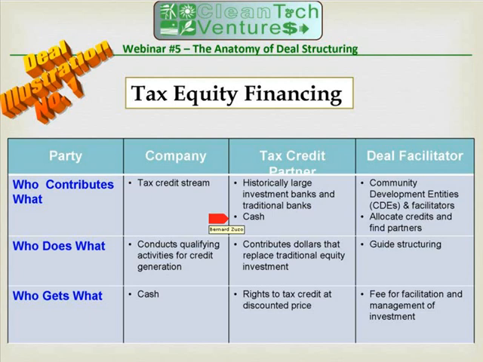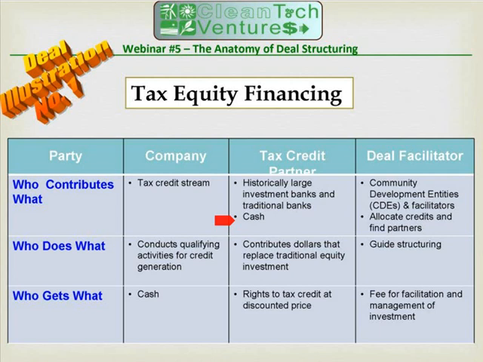The tax credit partner, they get, of course, that stream of tax credits for cash, and they get those credits at a discount to market. So a tax credit offsets tax liability dollar for dollar, but they don't pay you a dollar for that credit. They pay a discounted price, usually around 80 cents, and in the case of the example we're going to show, less than that because of a time value of money cost. So they actually buy a dollar of tax credit offset for at least 20% discount to the value of that, and they end up with the tax credit.